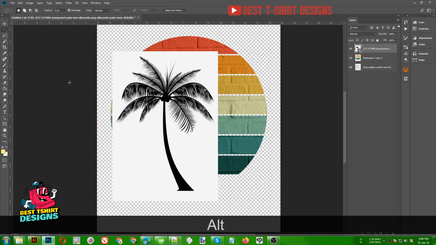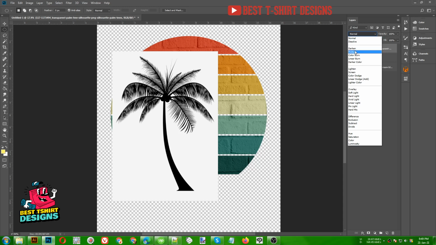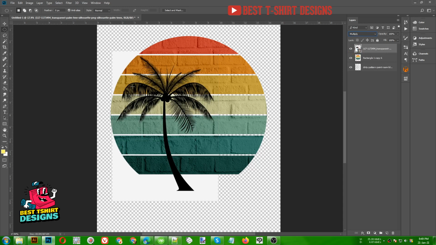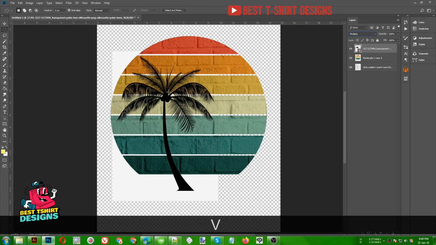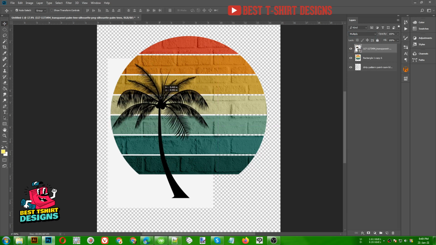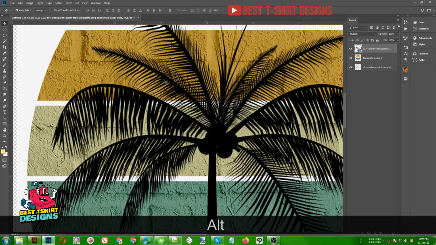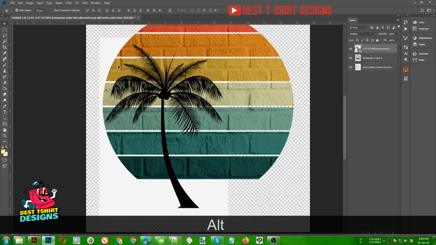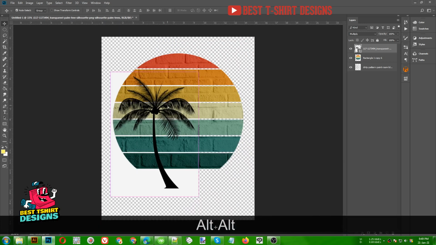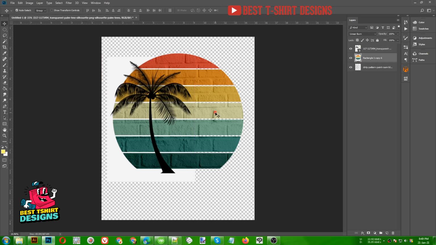We are going to use another way, that is with this layer selected, this tree layer, we are going to use Multiply. Multiply is basically making the white disappear, and everything in black is going to remain. So as you can see, now we have that palm tree with all the fine details, nothing is lost from here, and it is a perfect cut. So that is fine for us. Now maybe something like this area, that much is good. Let's keep it as it is right now, maybe a bit up, something like this, that's fine.